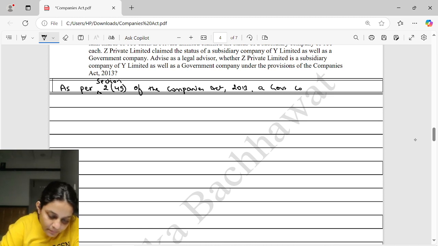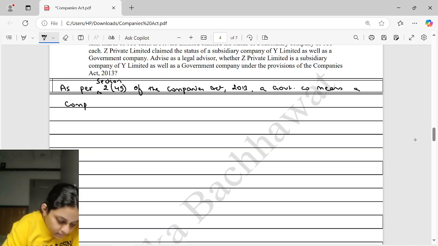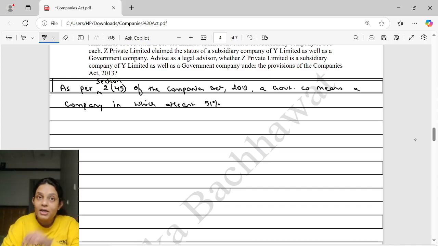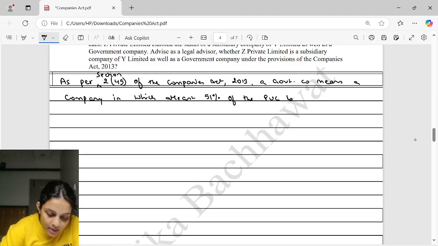A government company means a company in which at least 51%, please, holding subsidiary is more than 50. Here it is 51. Holding subsidiary is total voting power. Here it is paid up share capital. 51% of the paid up share capital, you cannot write PUC, please, is held by